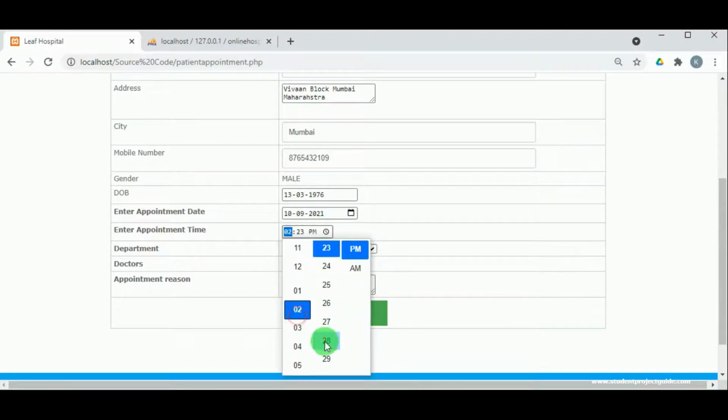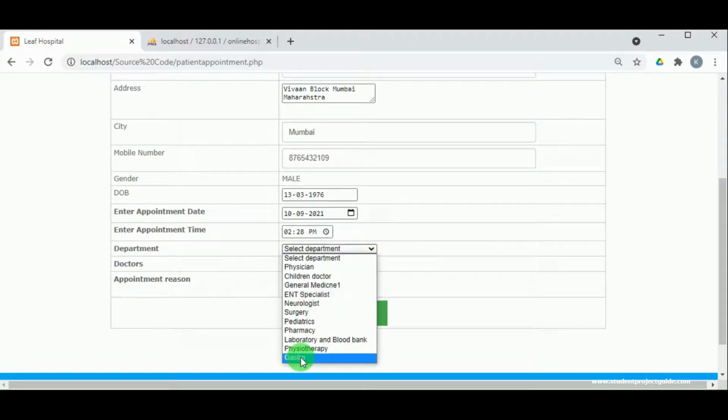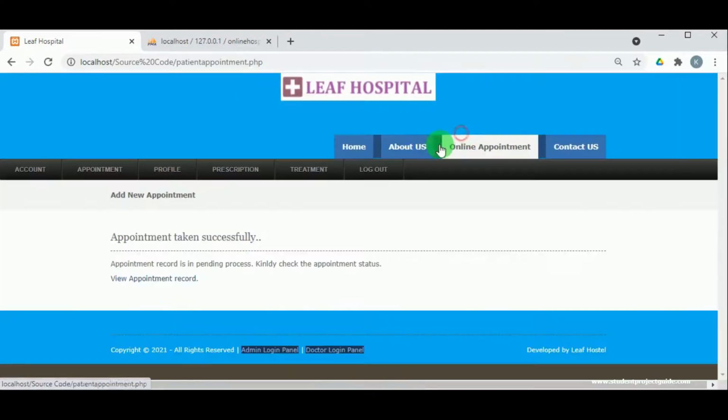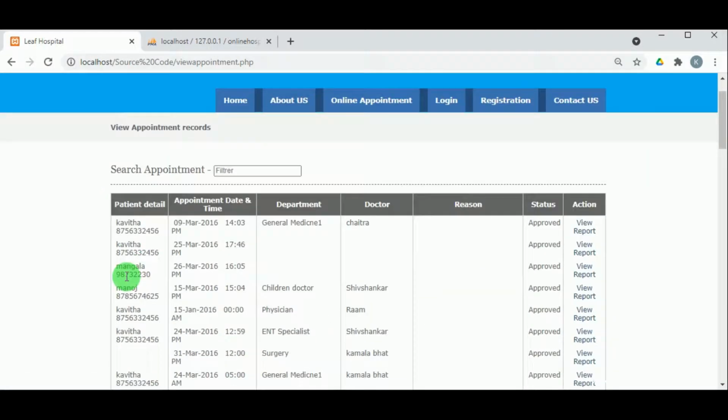And then the department, that is to which department the patient wants to go and get consulted, and the name of the doctor must be selected, and the appointment reason. So for what reason the patient is coming for treatment or for the checkup, why he is coming, that must be entered. Once it is inserted, the appointment is taken, we can see, and in view appointment record,